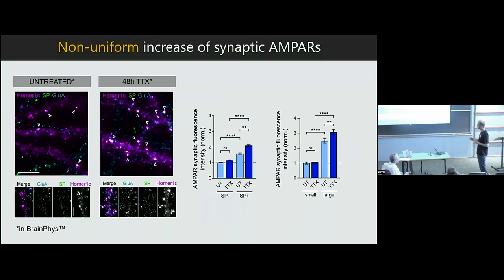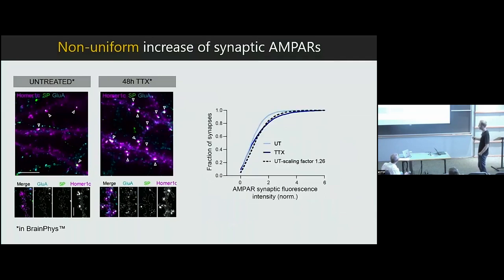In this case, this is unpaired data, okay? We are comparing untreated and TTX situations. Later on, I will show you preliminary data in organotypic slices where we look at the very same spine before and after. And I think this is more convincing, because this is one bias that we could have here, I agree. So we'll come back to that. But in any case, we have an increase in the percentage of synaptopodin positive synapses, meaning that they do not all respond similarly. And this is really a binary expression of synaptopodin. So the conclusion here was that the plasticity is not uniform. This is what those results suggest.